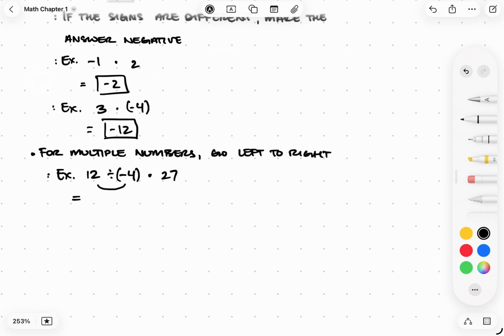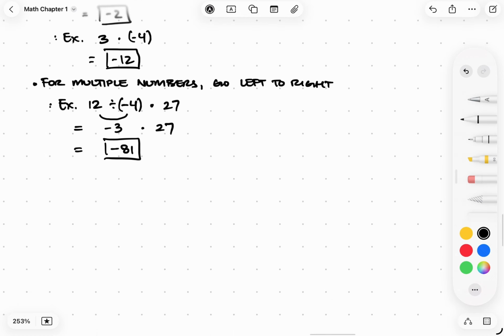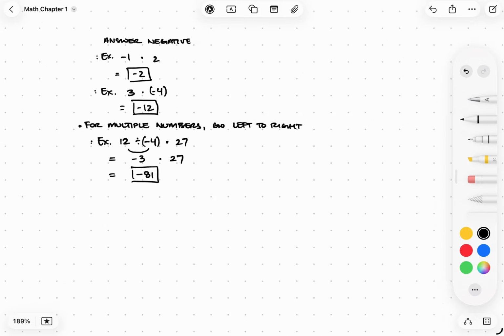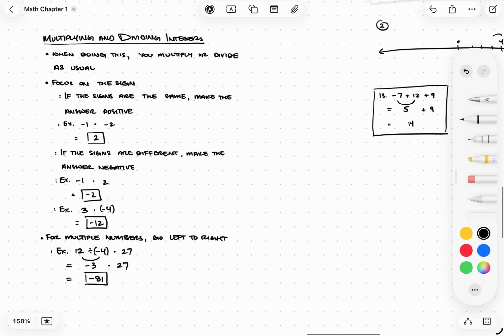So 12 divided by -4: 12 divided by 4 is 3, and because it's different signs, it's going to be -3 times 27. So now I'm going to do -3 times 27, and because the signs are different, it is going to be 81, and I'm going to make it a negative, and that's going to be my answer there. So just always go from left to right, following the multiplication and division. And that is what we are going to focus on